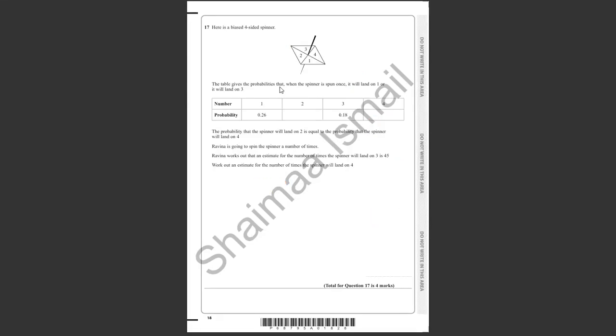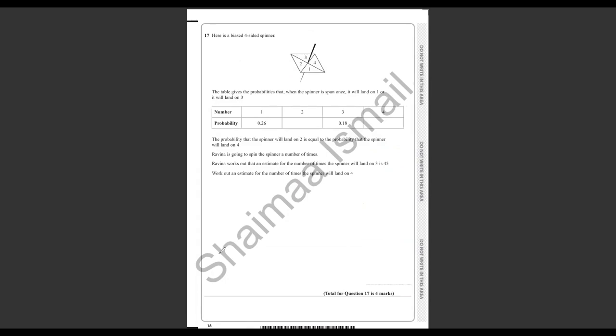Question number 17, the spinner. Here we have a 4-sided spinner. Okay, and here he wants you to, the table gives the probability that when the spinner is spun once, it will land on 1, or it will land on 3. So he gives us a few of them, and we have to find the missing parts, but you have to keep in mind that there is a total of all of these. If we add them together, it gives us equal